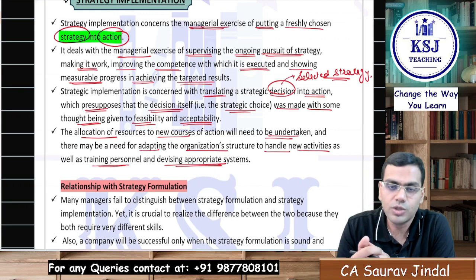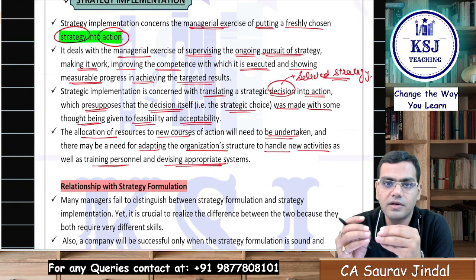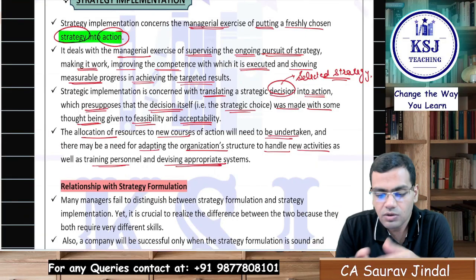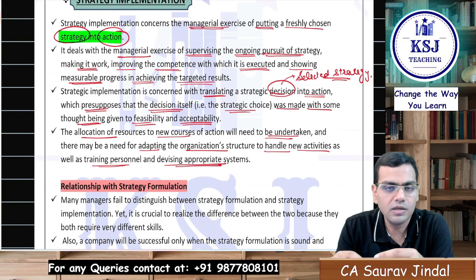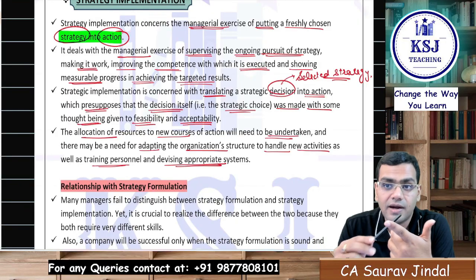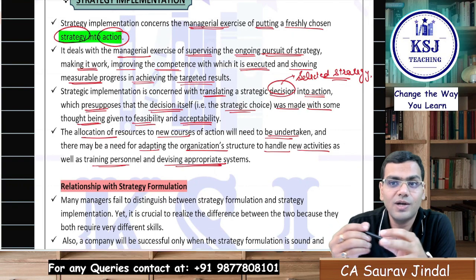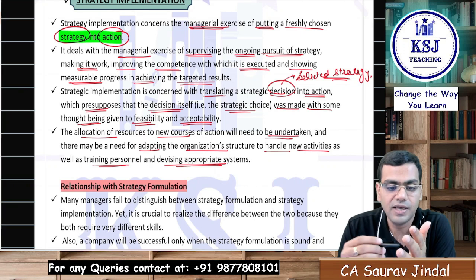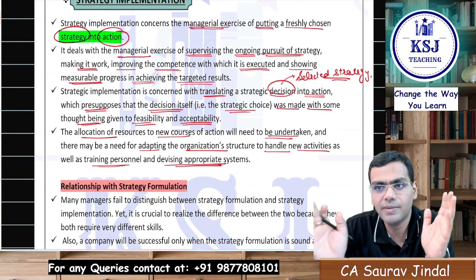Now the next big question is whether formulation and implementation have a relation or not. Now this is a huge question. Say you want to go on a trip, right? Let's say you want to go on a Goa trip. What will you do? First you will make a plan and then implement it, isn't it? Can you say you are not going to make a plan regarding the trip, that where are we going, how are we going to stay, how are we going to travel? You do not plan anything, you just implement it directly.